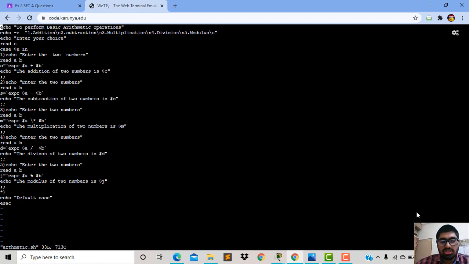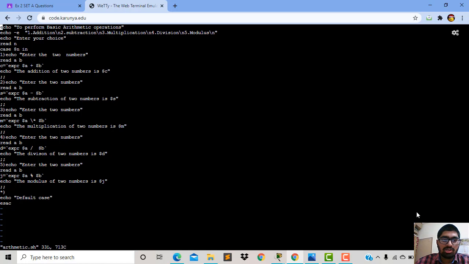This is the addition operation which the program performs on the numbers the user enters. The second operation is subtraction. As with addition, it will ask to enter the two numbers, read a b, and store the numbers the user has entered.